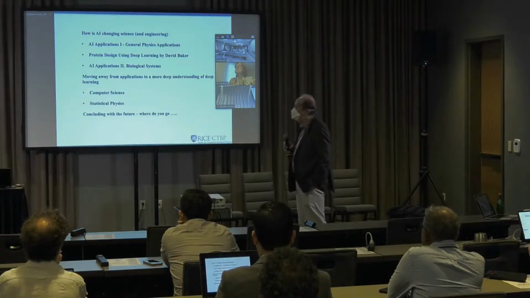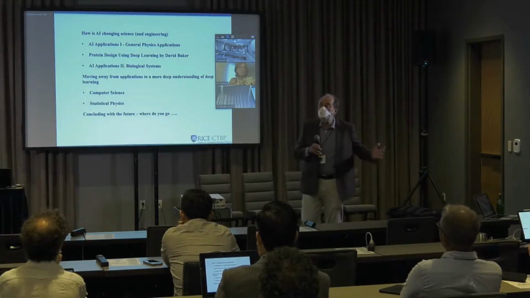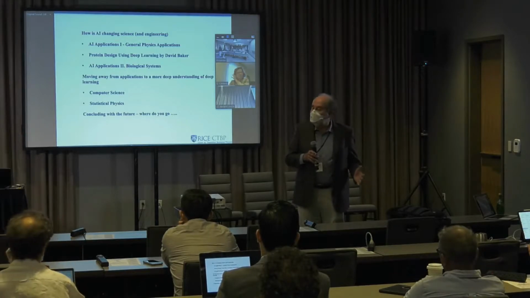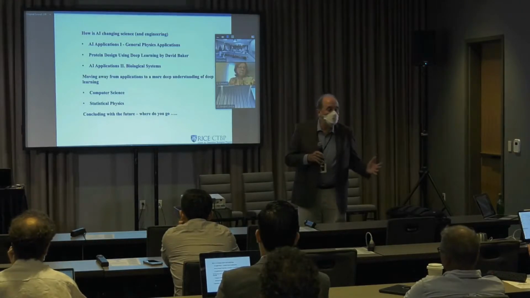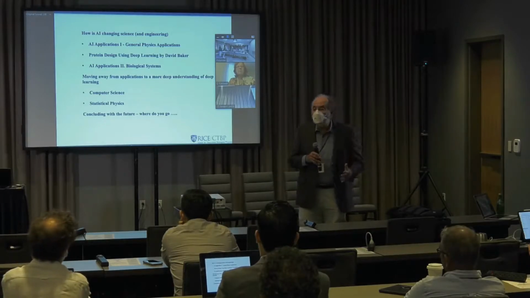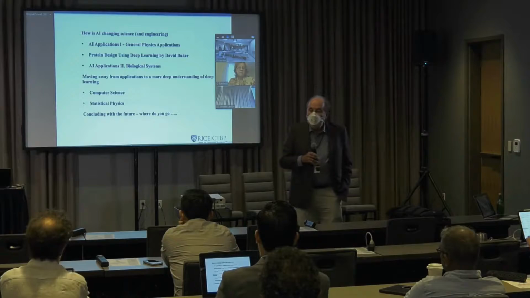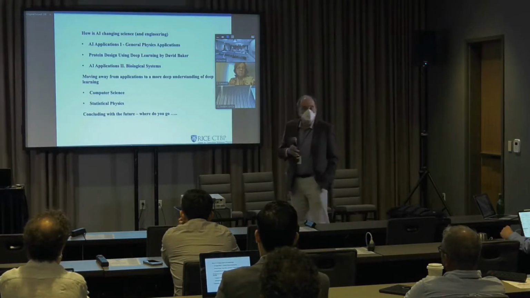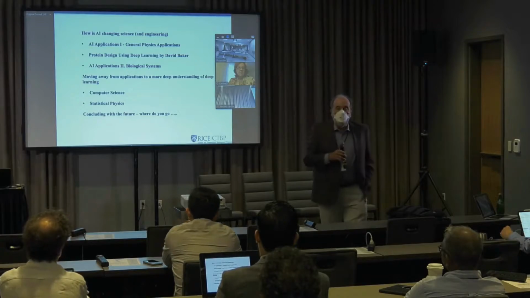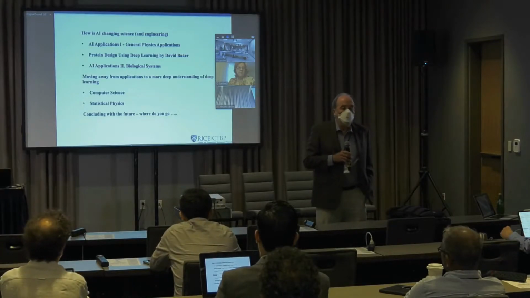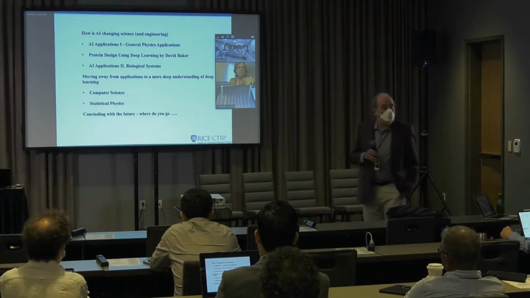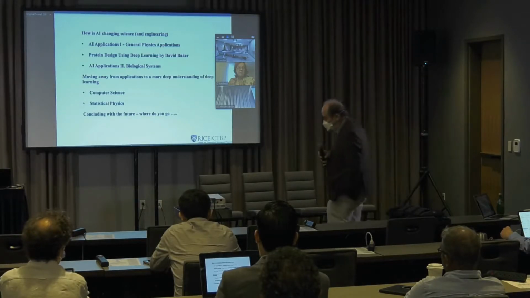In the second part of the talk, we go more to what you call the fundamental parts of AI, and we try to go to 2 perspectives of it. One is people who come from computer science, how they have been seeing AI, and then people coming from mathematics and physics, who have this statistical physics description. And then we hope to conclude by figuring out where we go in the future.